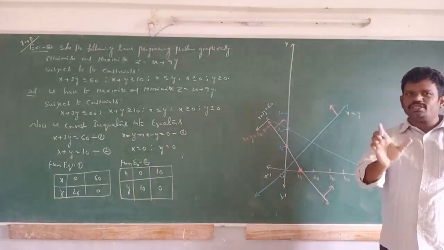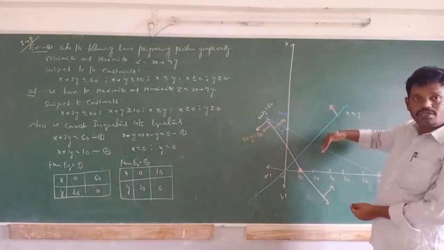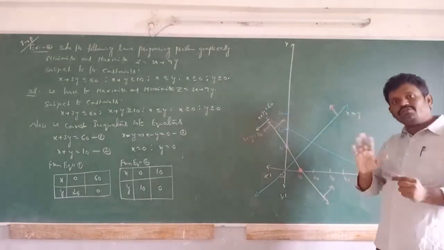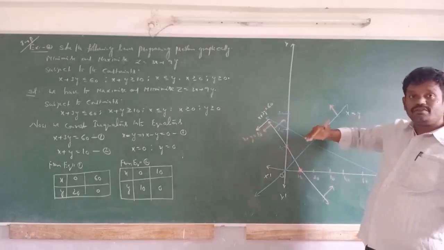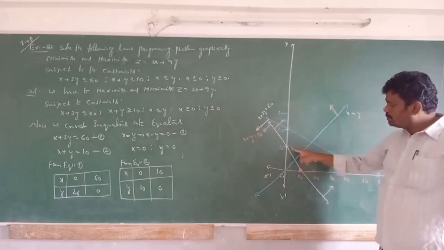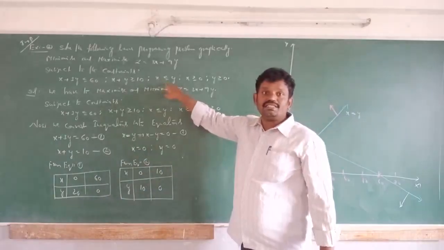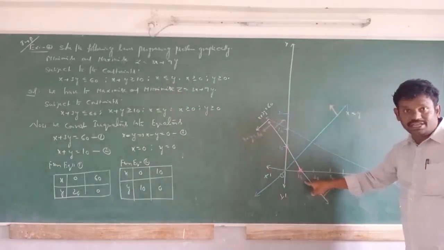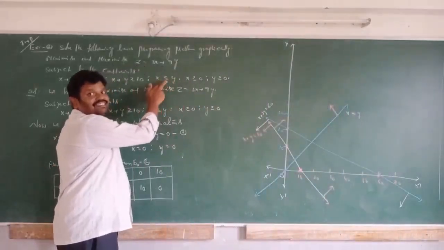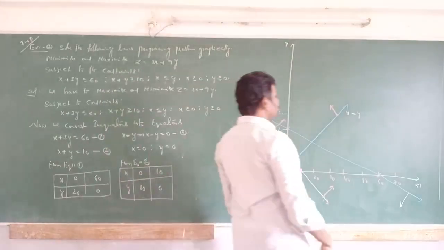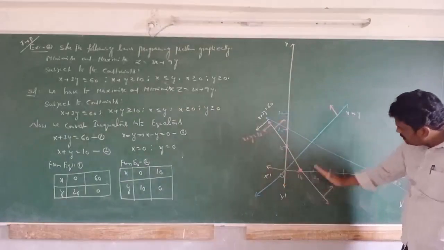So whenever a line passes through the origin, how do we shade the region? Take one point above or below the line. If that point satisfies the given inequality, then that portion is the one to shade. Suppose I put the point 0, 10 here: it is a satisfied condition. Otherwise, if we take 10, 0 here, the inequality is not satisfied. That is the wrong case. So we shade the region above the line, this side, away from the origin.